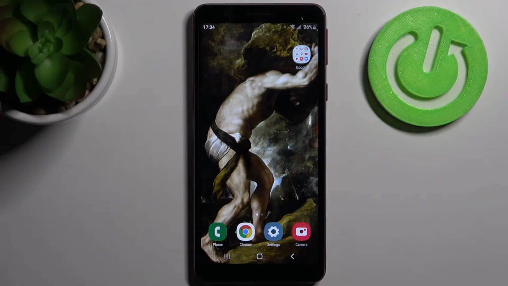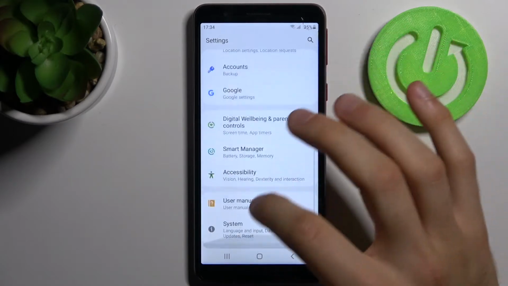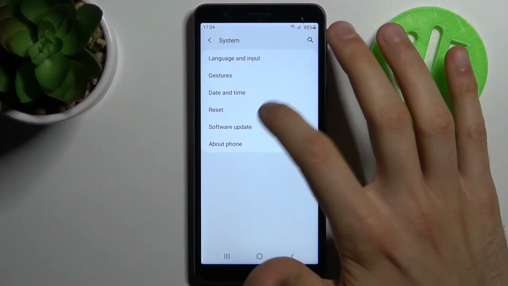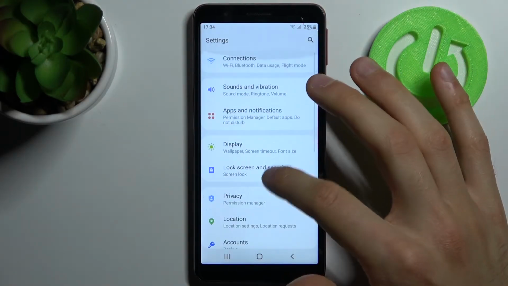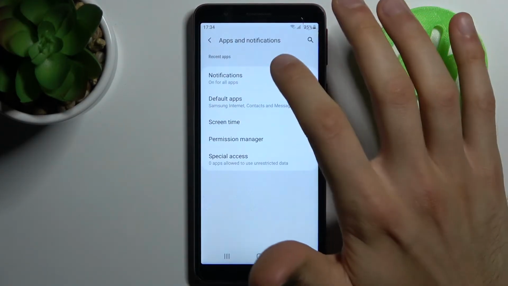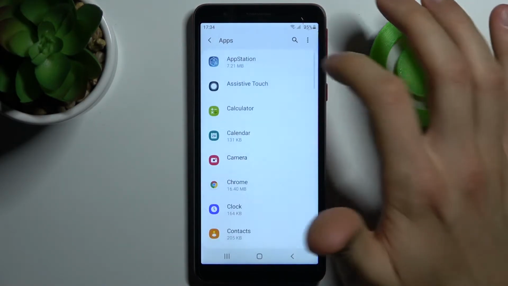Here I have Samsung Galaxy A01 Core, and today I'm going to show you how to reset app preferences on this device. So to do this, firstly open settings, then go to the system section, then to the reset, go to the apps and notifications, then go to the default apps, not all apps, tap here,